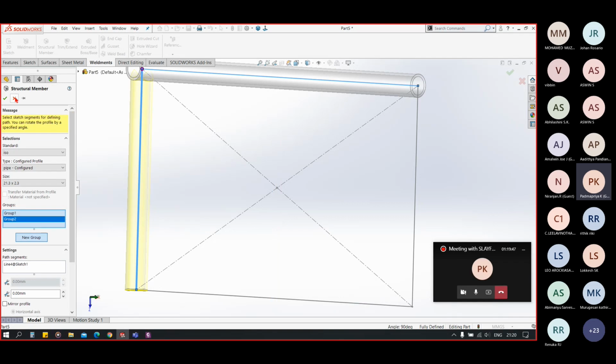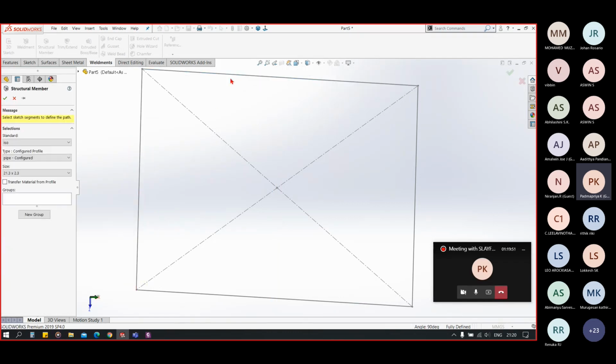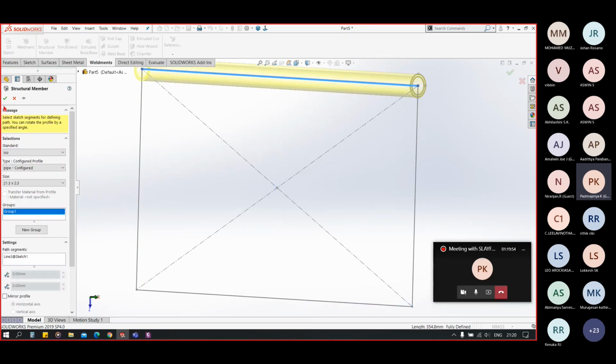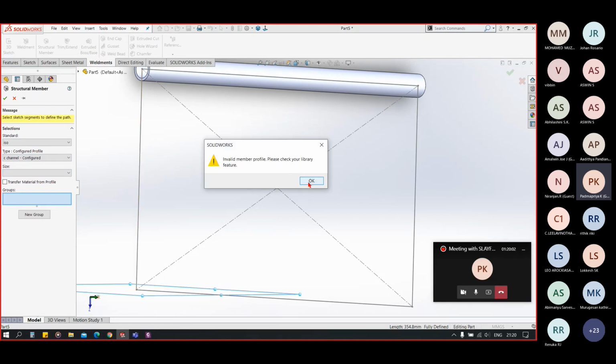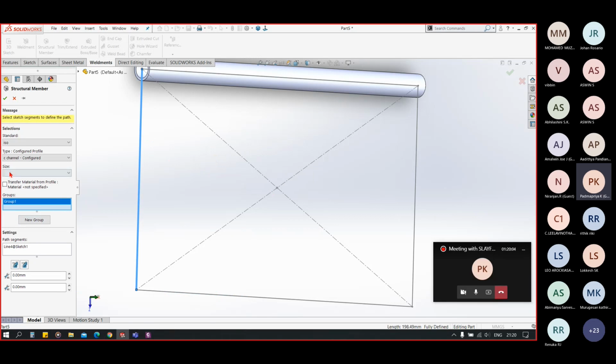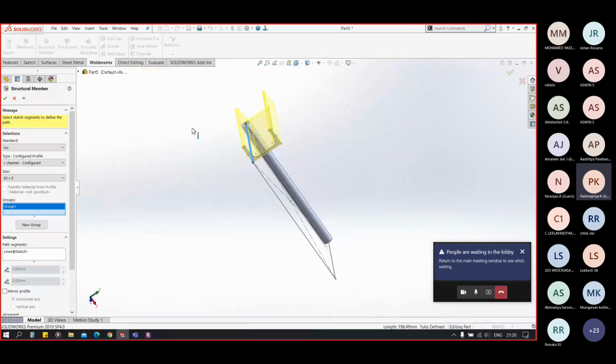Okay. Let's say I use a pipe for this edge. Again, I use a C channel for this edge. Okay.